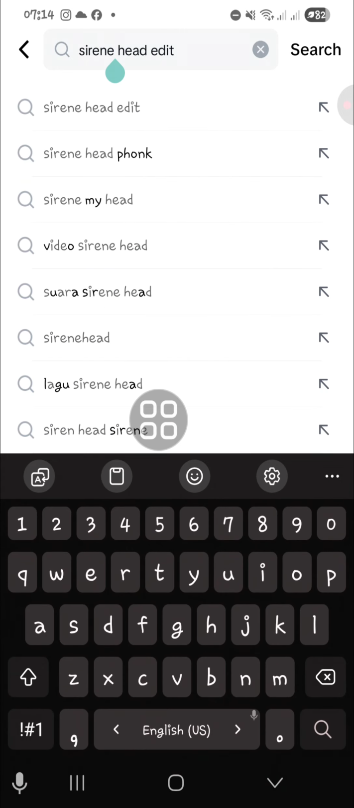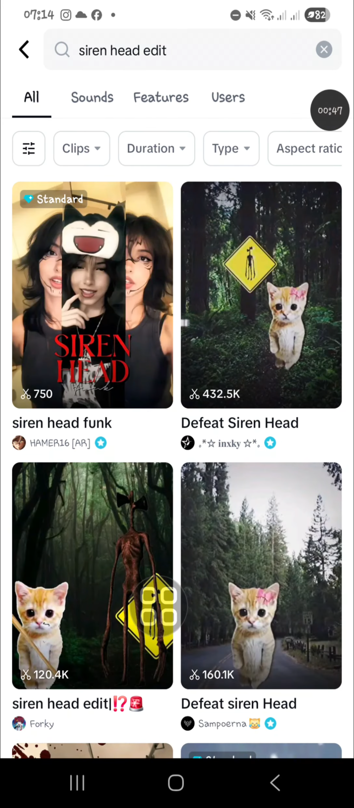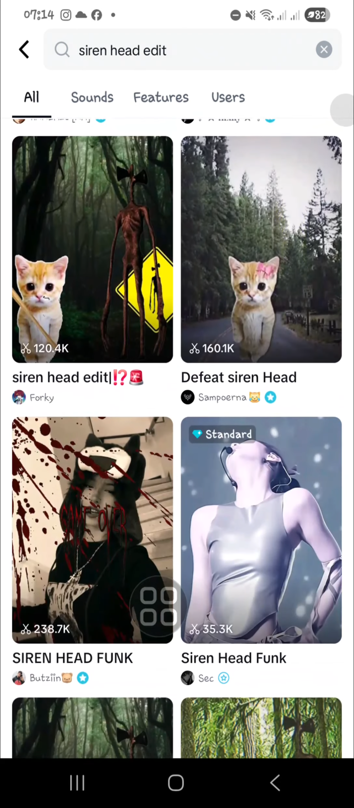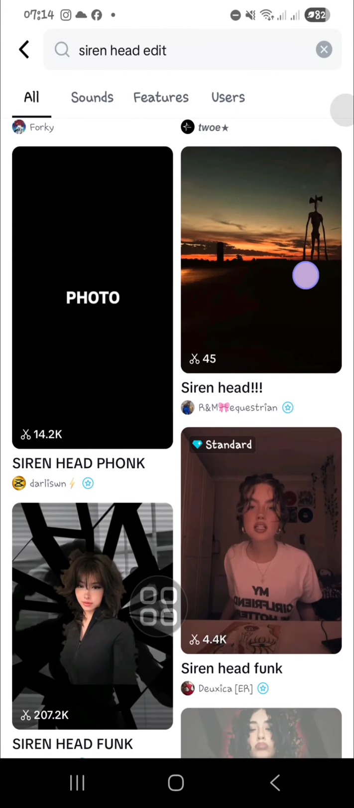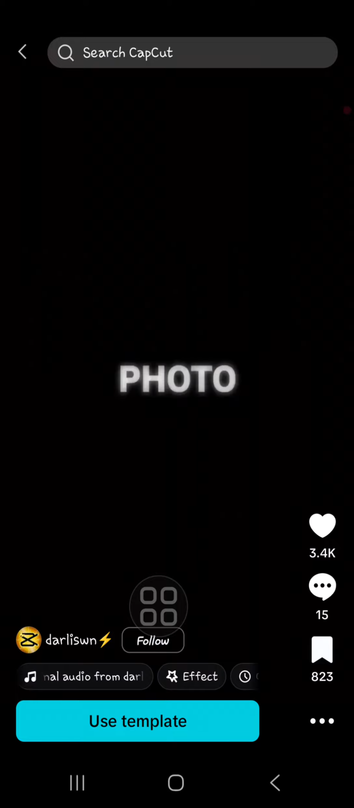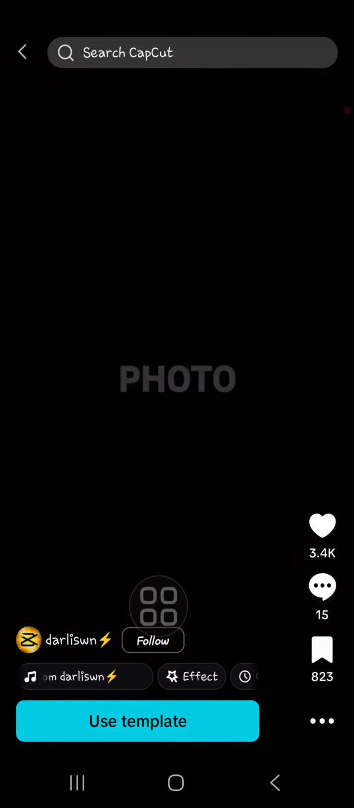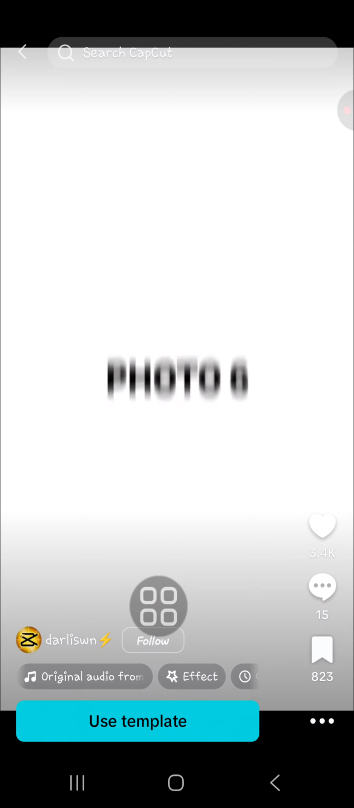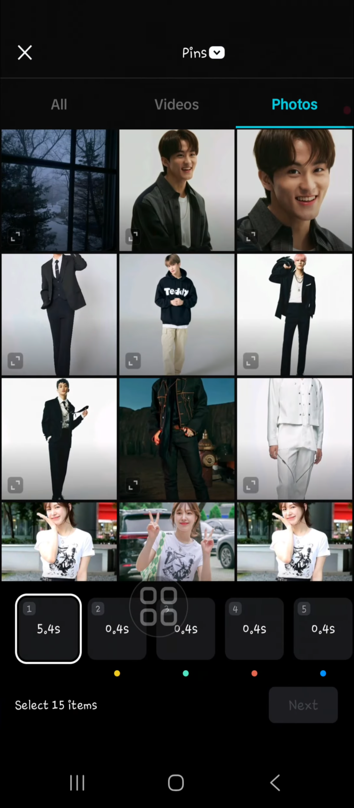Oops, sorry, I got a typo. Okay, like this, and then there will be a lot of templates that you can use, and you just need to choose one of them. And I'm going to choose this template. Okay, this is the template guys, and then I'm going to use the template, and we need to select 15